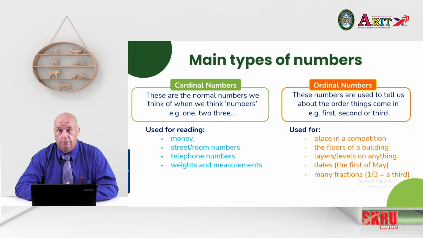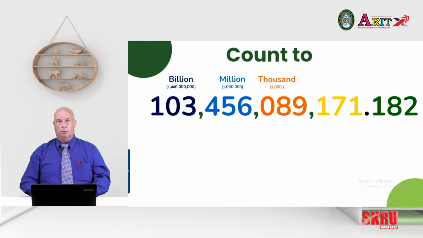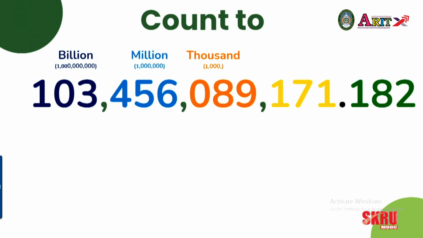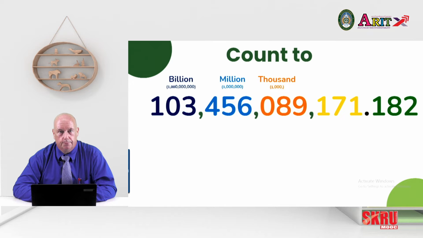Now, I've made an assumption with this video that, like most of my students, you already know numbers and you can count 1, 2, 3, 4, first, second, third. The thing I find people struggle with is when they have to say or read larger numbers. They get a little flustered. So we're going to take a look at a large number you can use to practice saying numbers. Here's an example where we have a 12-digit number and a little decimal point before some extra numbers. And you can use this to practice saying just about any number you want.